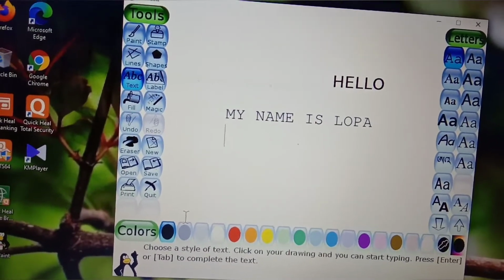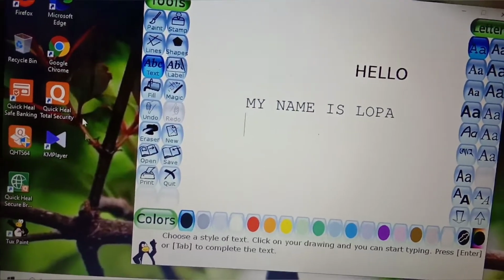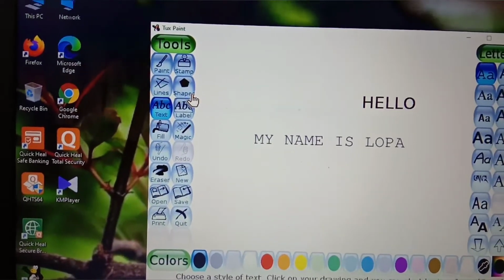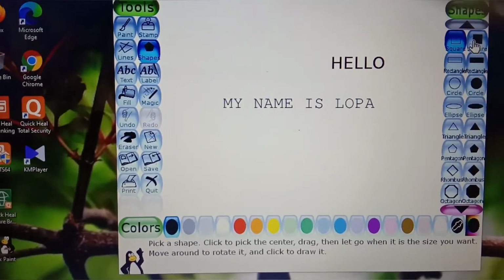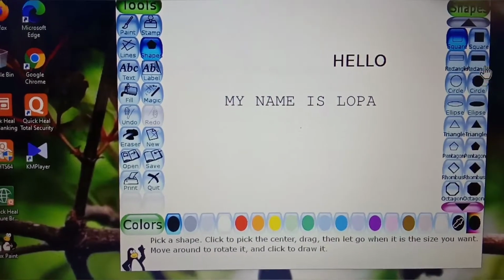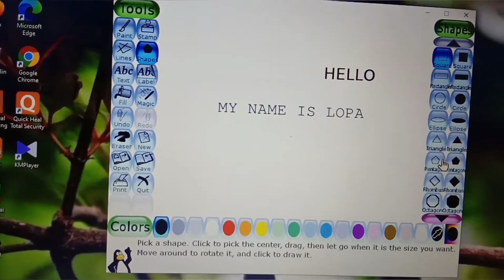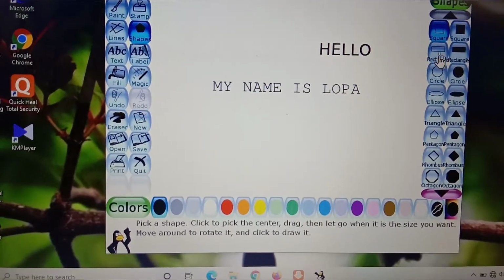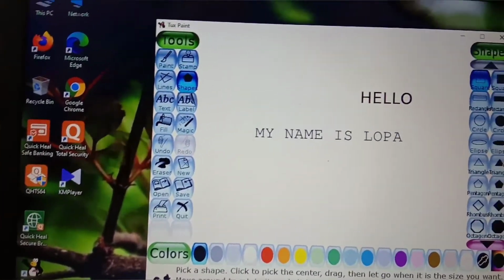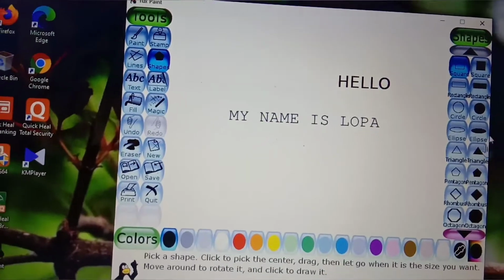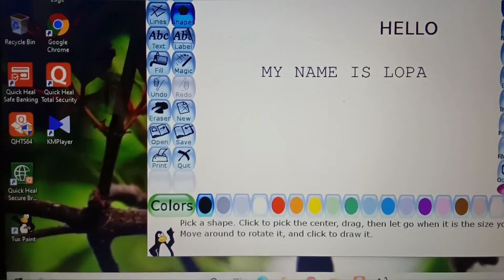Then comes drawing the shapes. To draw the shapes, you have to click on the shape tool. Okay, where is the shape tool? This one, just below the stamp tool. In the shape tool, you will get ready-made shapes in your selector. There are mostly two types. One is outlined shapes and another is filled shapes. In the outline you can see only the outline is present, but in the case of filled shapes you can see the shapes are already filled. It is also known as solid shapes. These are the blank shapes, okay, unfilled shapes.